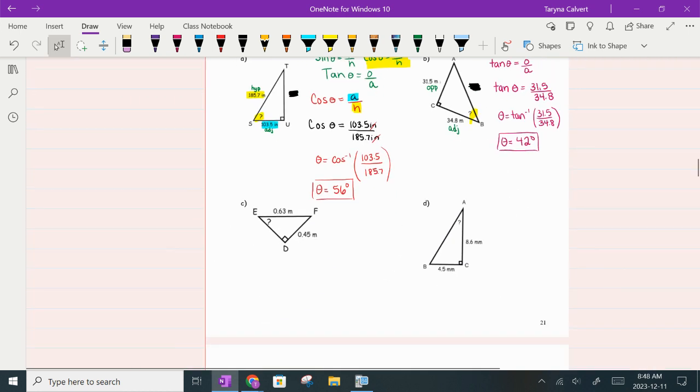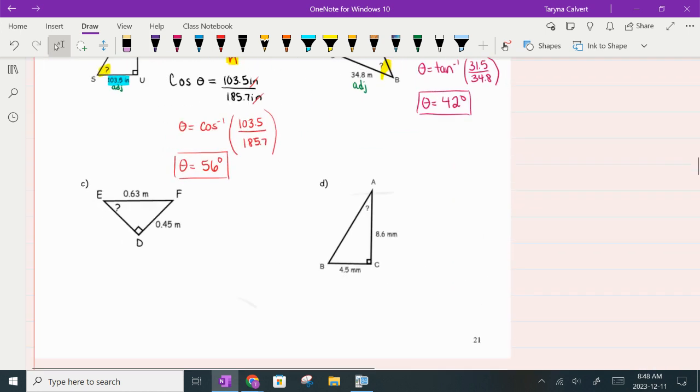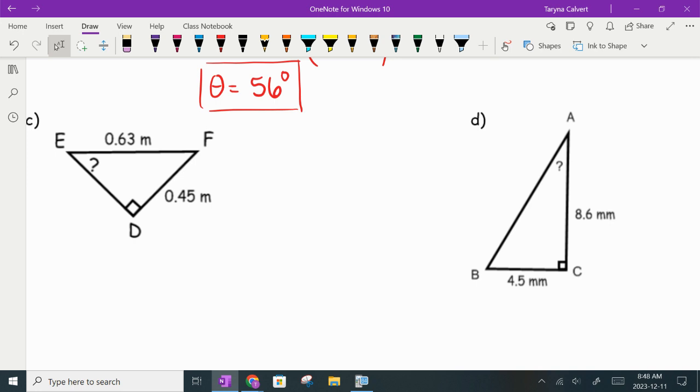All right. So last little two here. Looking at C, you guys do the last two, but just looking at C, are we confident which one we're using? Which one are we going to be using for C? Oh, so we got a couple different answers. So for sure, the 0.63 is the hypotenuse, right? Because it's the opposite the right angle. So we're definitely using hypotenuse. So it's got to be either sine or cosine. And then,